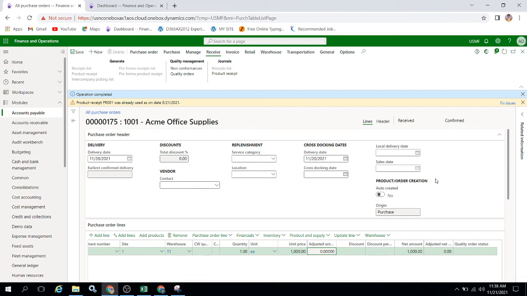So transport is required. The transport is also provided by the vendor, so we need to pay the charges to that particular vendor as well.